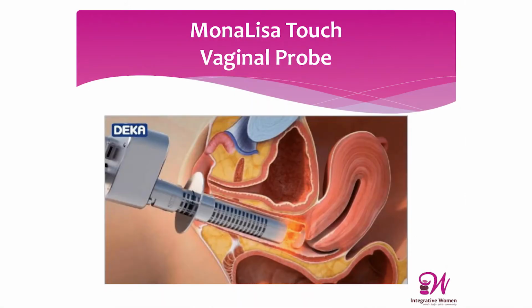A probe is placed into the vagina, and a handpiece is used on the vulva. And through the transfer of light and the generation of heat, new tissue is formed. New collagen, elastic, and blood vessels. Now, this new generation of tissue essentially bypasses the need for any type of topical preparation, such as moisturizers or vaginal estrogen. There's the return of that thick tissue, those rugal folds, increase in secretions, so it decreases pain with